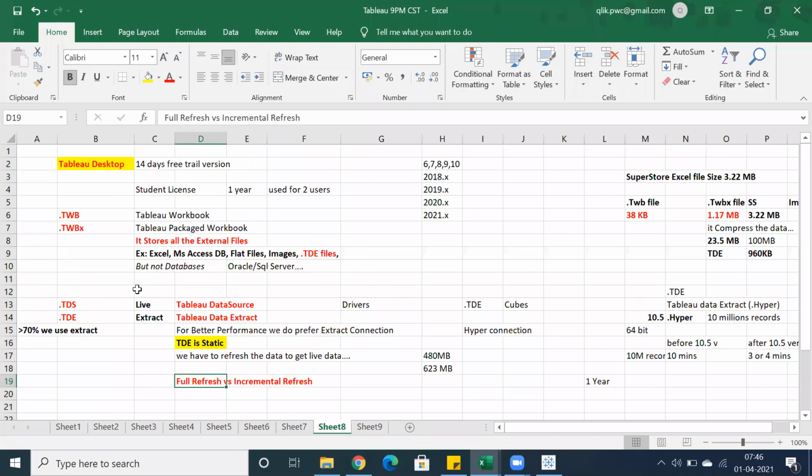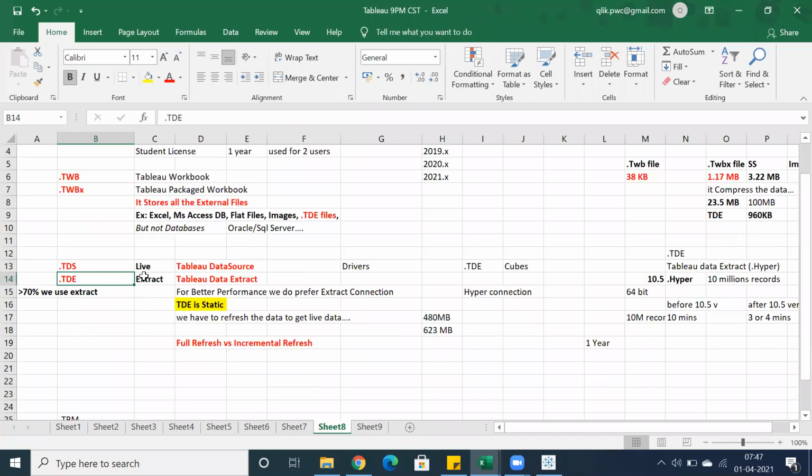So we discussed earlier the extensions like .twb and .twbx, which is Tableau workbook versus Tableau packaged workbook. And we do have the differentiation like Tableau data source and Tableau data extract. Remember, Tableau data extract is one of the important topics when it comes to connection point of